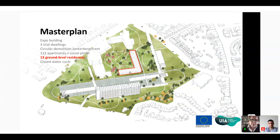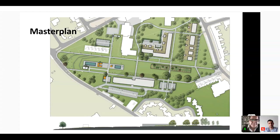Also here, there is reuse of concrete granulate from the demolished flats. And finally, we have the park with the closed water cycle. This is again a program which was explained in one of the other workshops. So all these ingredients were part of our brief, part of the experiment, and was integrated in a very consequent way in the master plan